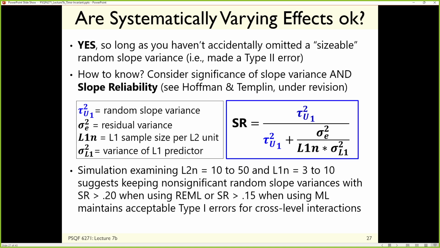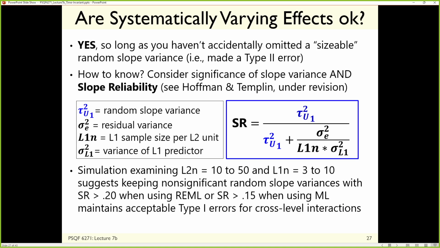Rather than just relying on a significance test, particularly if you have a small level 2 sample in which that significance test is going to be underpowered, you can compute reliability for that slope. And based on looking at what happened across a range of values, the cutoff that I had recommended in this paper was a slope reliability coefficient of at least 0.2 if you're using REML estimation, which is what you should be doing in small samples, or a cutoff of 0.15 when using ML, in which those variances are going to